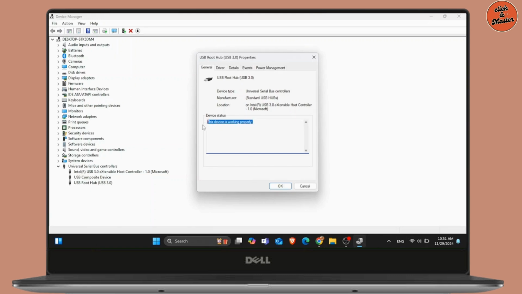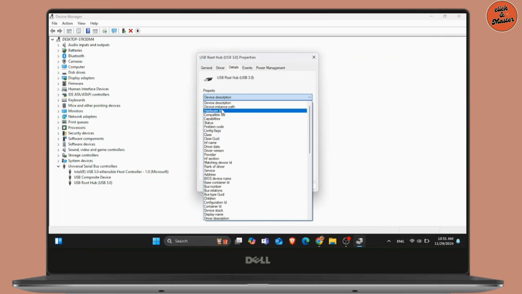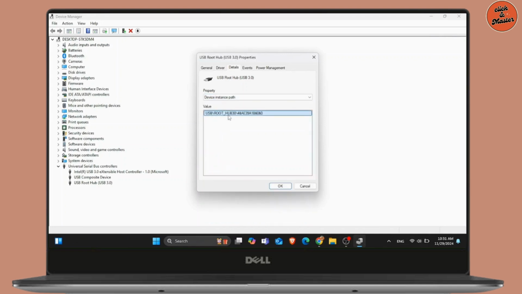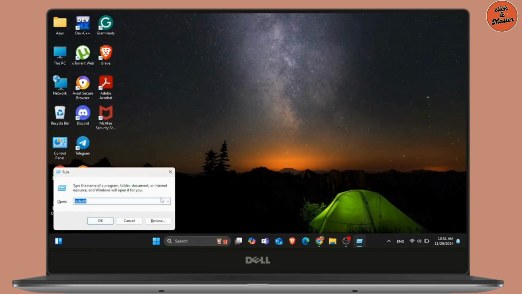on that driver and you can see that the Windows stop code will appear in the details. So go to Details, choose the option of Instance Path and copy this path. After that, go all the way back, press the Windows plus R key to open the Run box and type regedit to